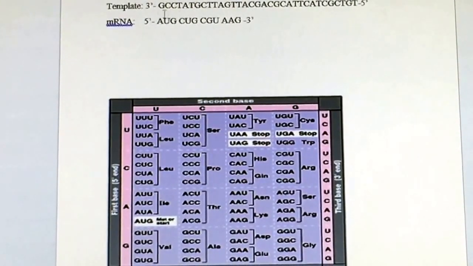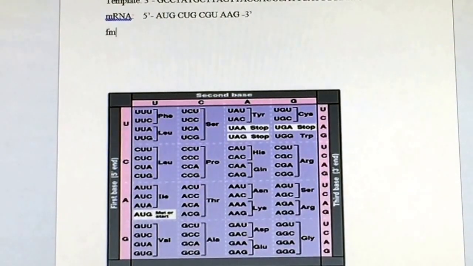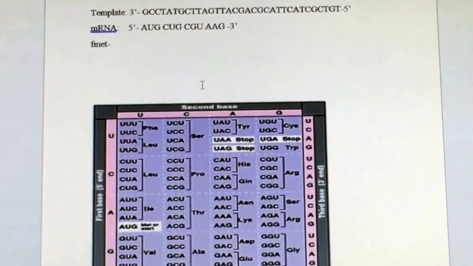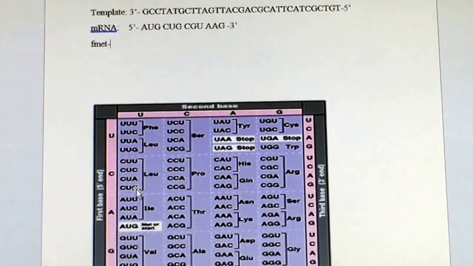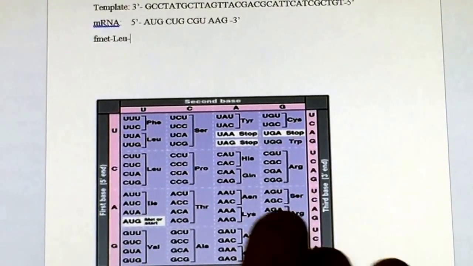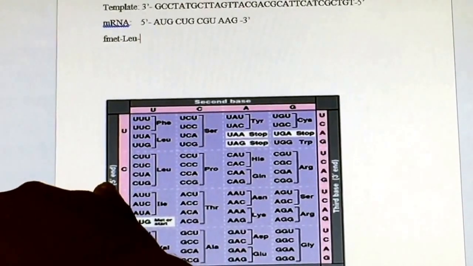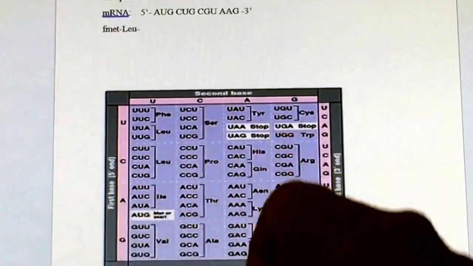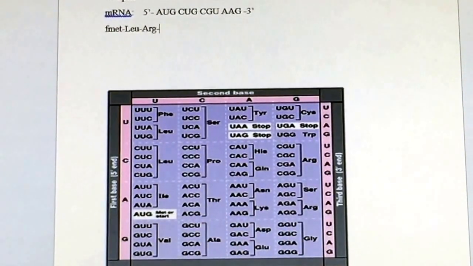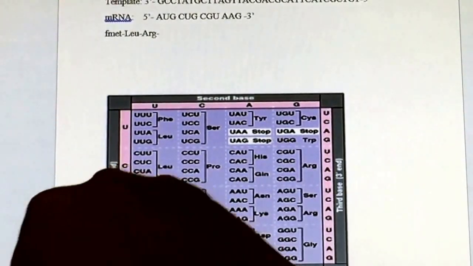So our first codon, AUG, is our start codon, so we can write fMet. Our second codon, CUG, let's look on this chart. CUG is leucine, abbreviated Leu. Our third codon, CGU, codes for arginine, abbreviated Arg. And our last but not least, our fourth codon, AAG, codes for